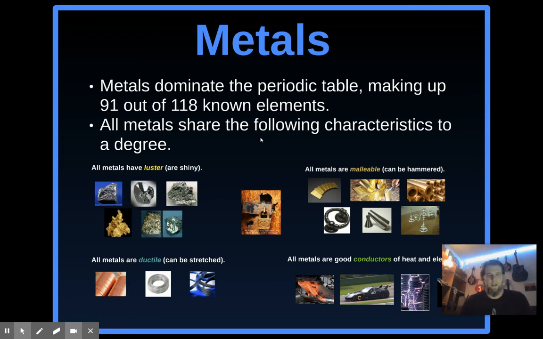If you ever want some fun little mental stuff to chew on, look up element 115 and its history. It is pretty interesting. So all metals share the following characteristics to a certain degree, meaning that it may not be identical, but they share these characteristics. That they all have a luster, which means that they're shiny. They are ductile, which means you can hammer them out into a flat sheet. You can twist them into wire. And you can think of some of your common metals like copper, silver, gold. These are things you can do with metals. They're very malleable and ductile.